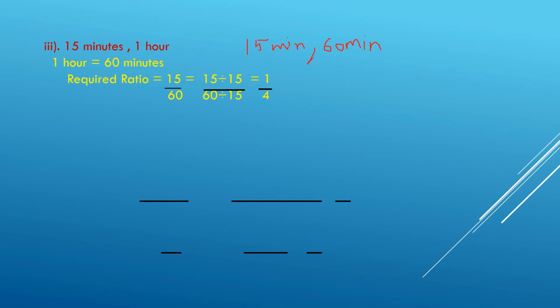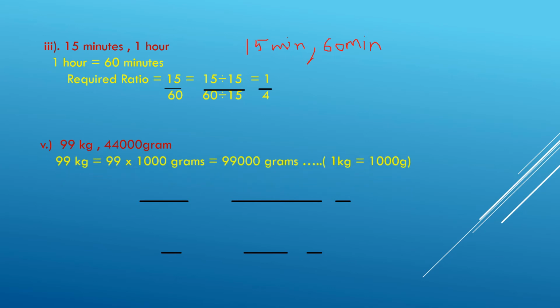And question number 5, 99 kilogram and 44,000 grams. These two are also in different units. So it would be convenient to change kilogram into grams. Therefore 99 kilogram is equal to 99 into 1000 grams, that is equal to 99,000 grams, because 1 kilogram is equal